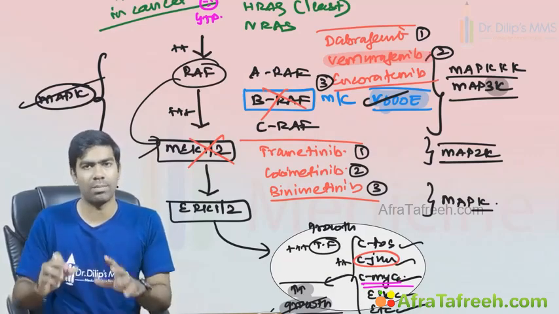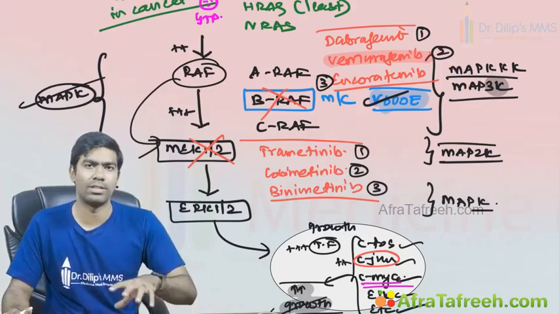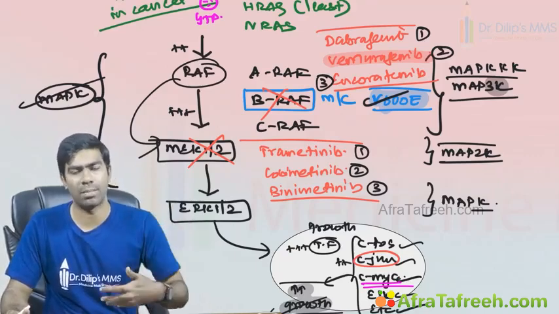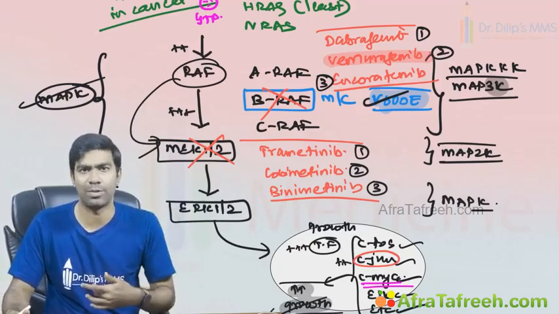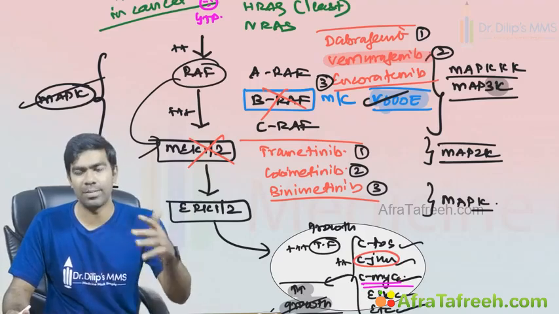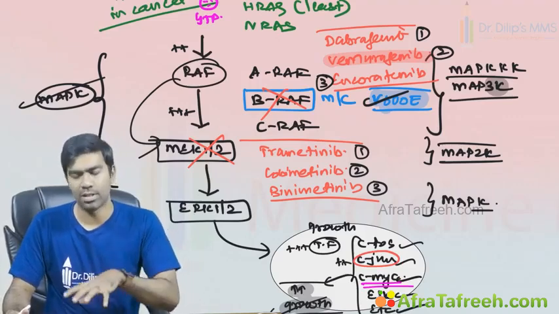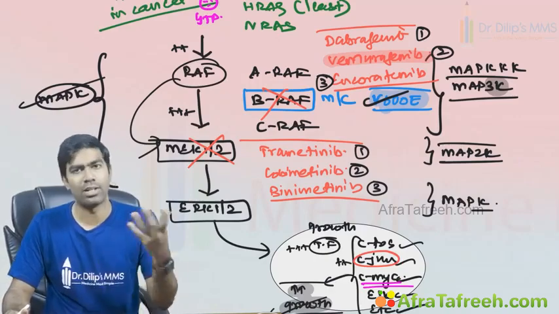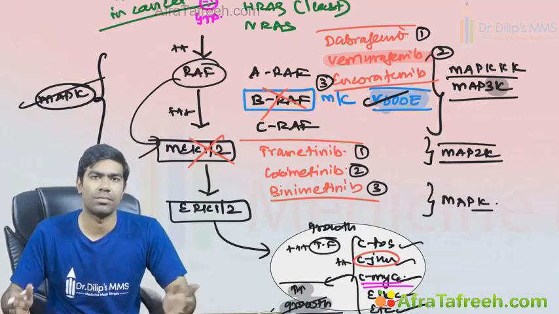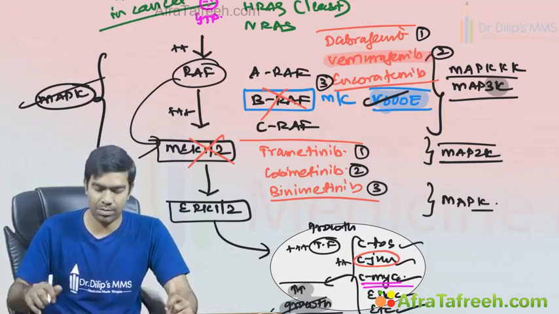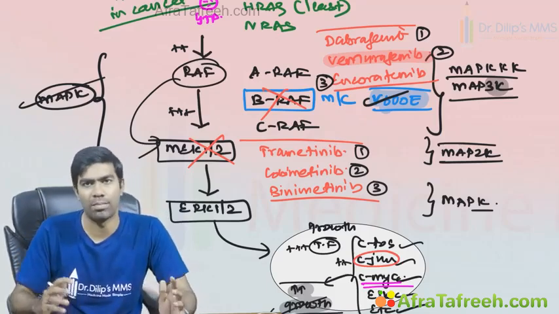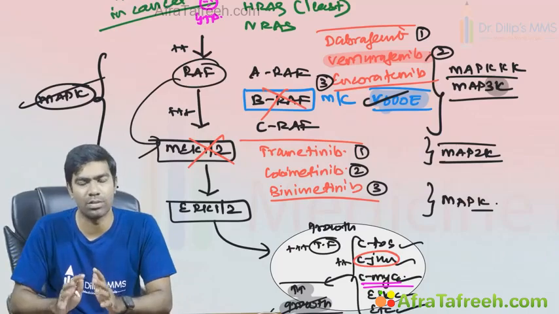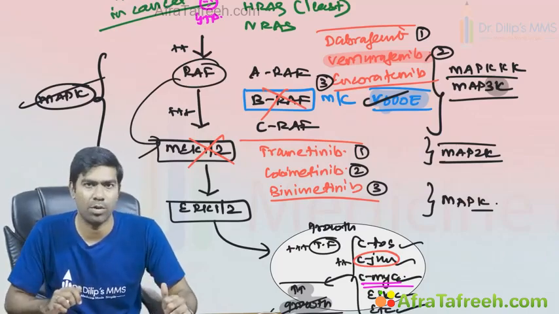These MEK inhibitors and BRAF inhibitors, you have to know, because these are the drugs that inhibit the RAS MAP kinase pathway, the receptor tyrosine kinase pathway. Clear? Since they are inhibiting the receptor tyrosine kinase pathways, these are called NIBs. NIB means tyrosine kinase inhibitors, right? So these are the brafenibs and mekinibs, which are currently approved in the market for various reasons, but the most important cancer that can be treated with these compounds is melanoma, malignant melanoma.